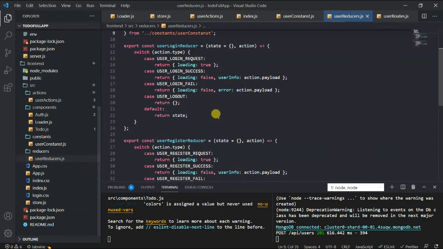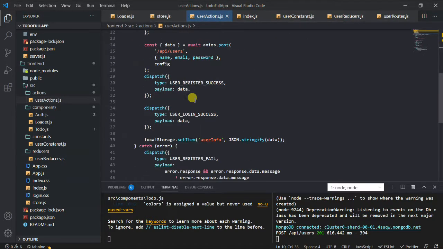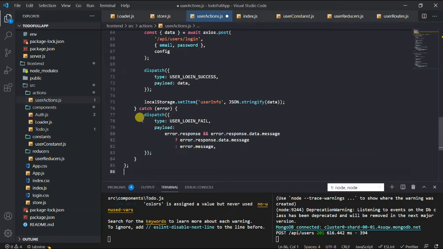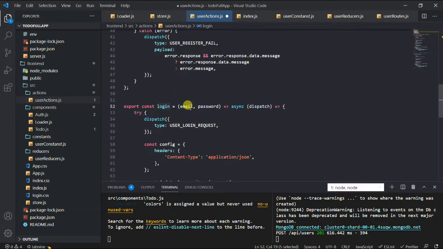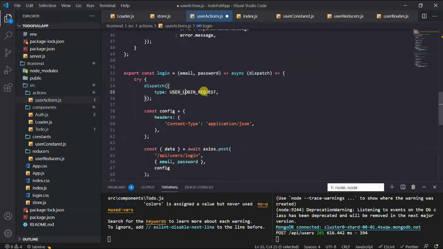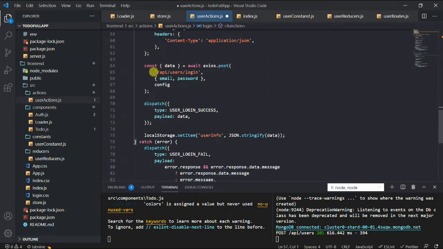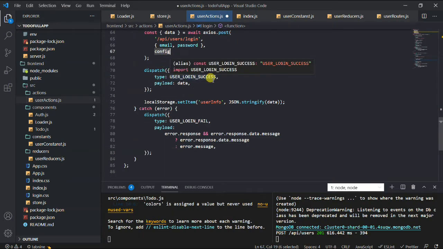So go to the user reducer, that is user login reducer is already created. Now go to the user action. You can copy and paste it. Like you can see this is login. We need email and password. Same thing. First login request is happened. Header it will go. This is the route. Okay, this is the email and password. This is the body. This is the config. If it will happen, then login success is this kind of action is happened, and payload data, and then again